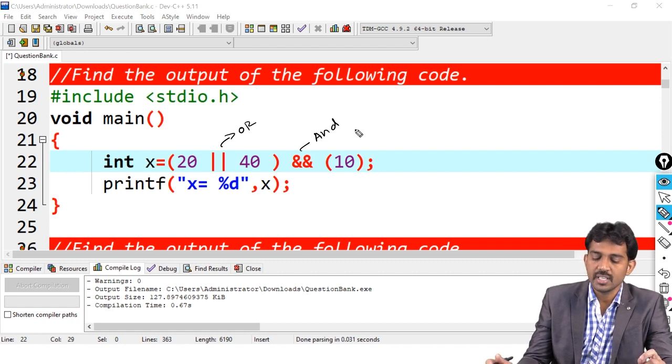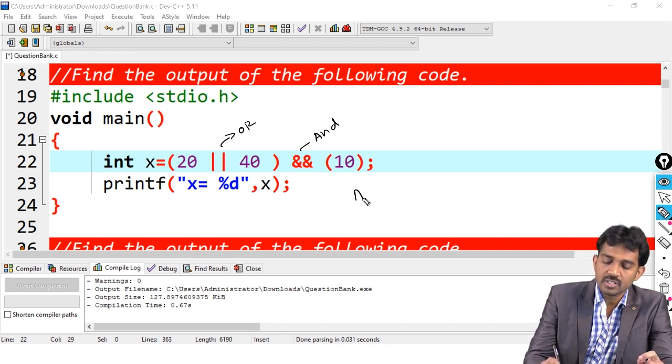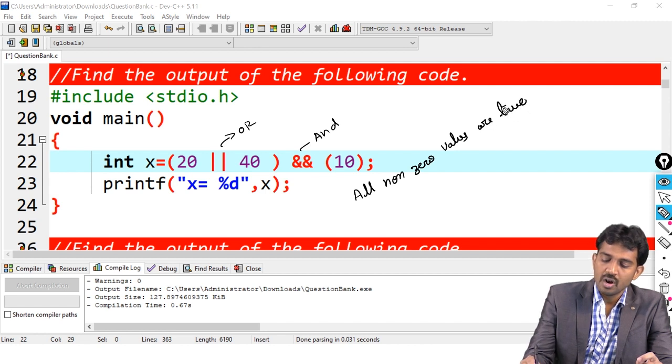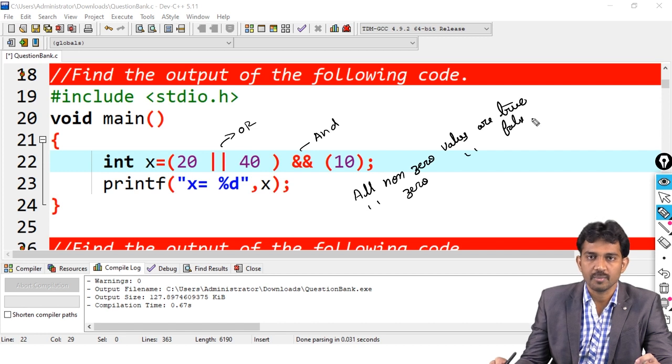Yes, this is possible. See, all non-zero values are true. All zero values are false. Please note this statement.